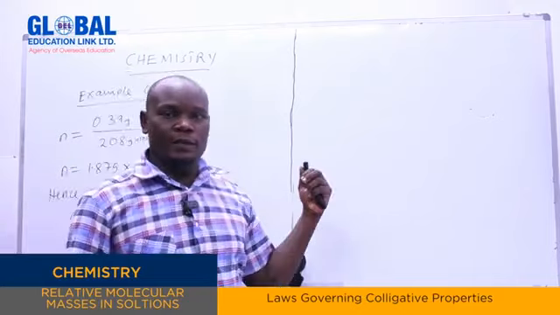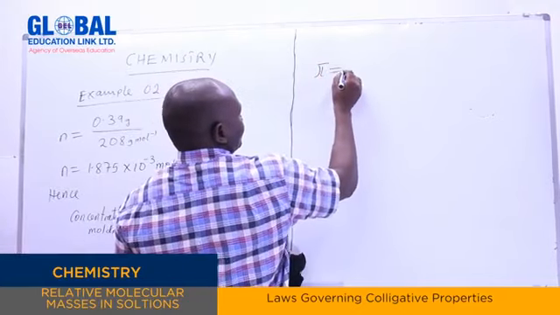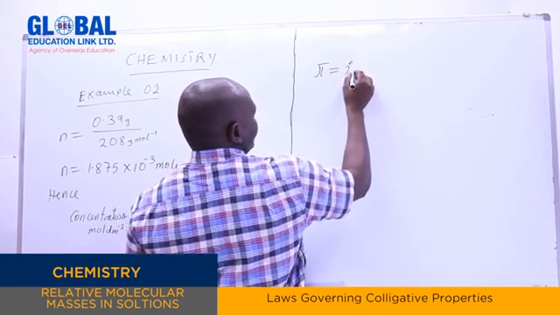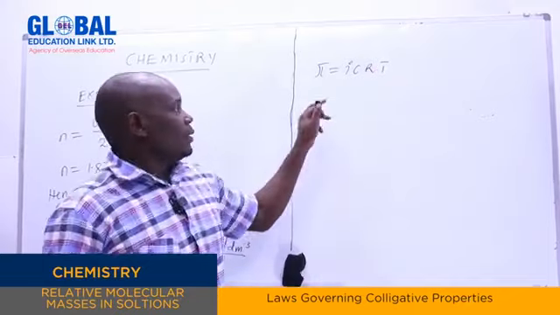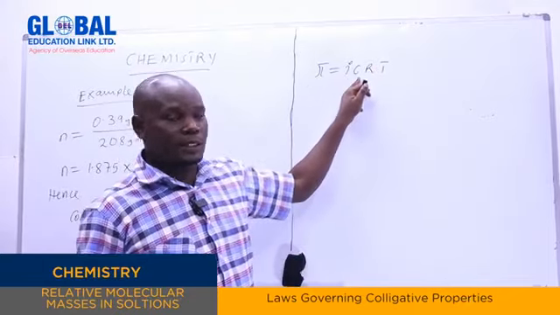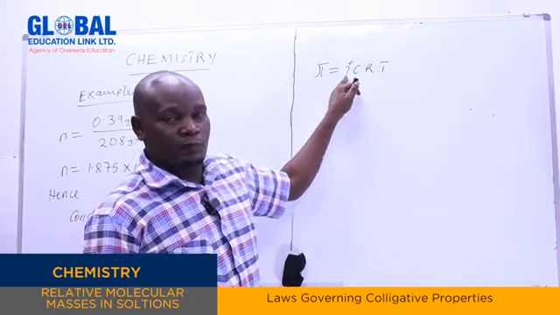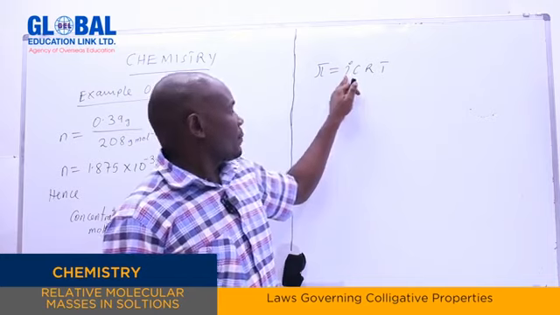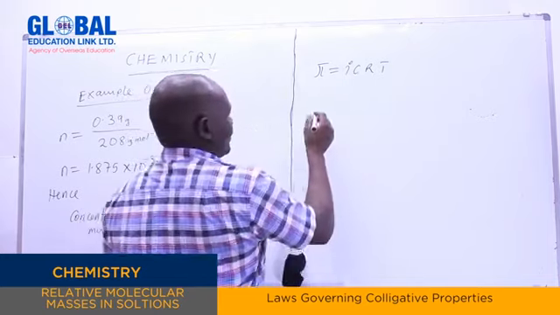If we recall from Van 't Hoff's equation, osmotic pressure is equal to Van 't Hoff's factor times concentration times molar gas constant, then times temperature. And the Van 't Hoff's factor can also be calculated from